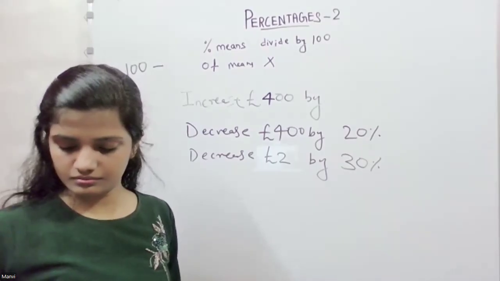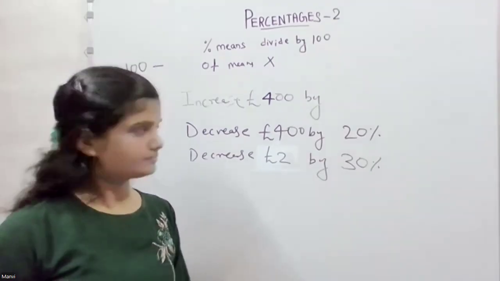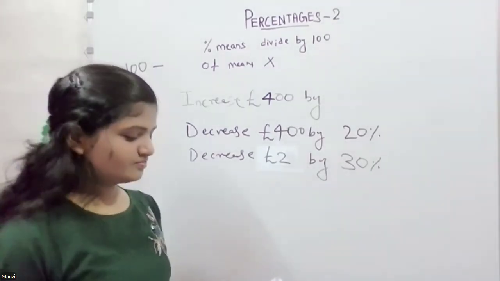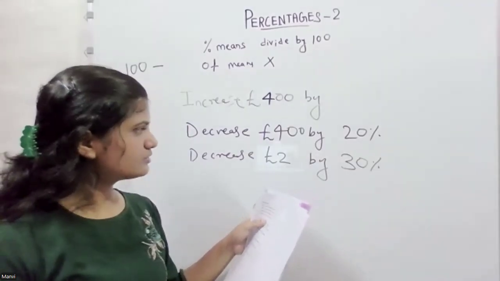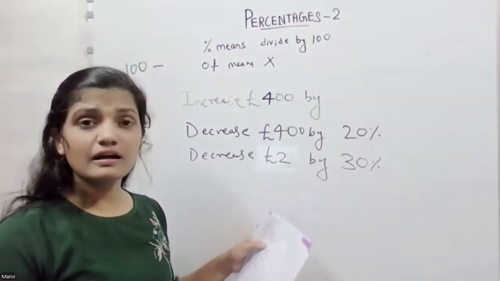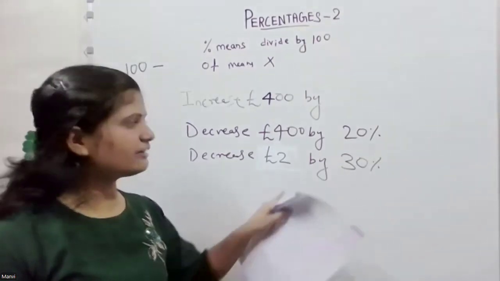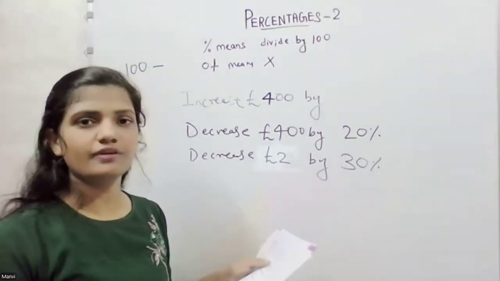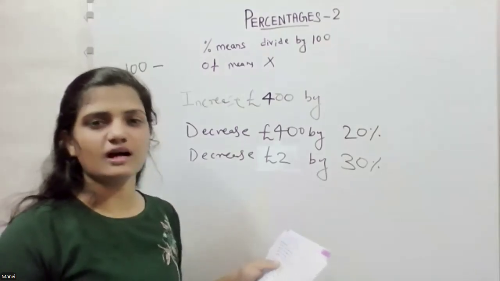Is the answer 0.8? Decrease, you need to decrease this amount. I decreased it and it gave me 0.8. You need to subtract those 0.8 from this 2, Kavya. Oh, no, I think you got your wrong answer.